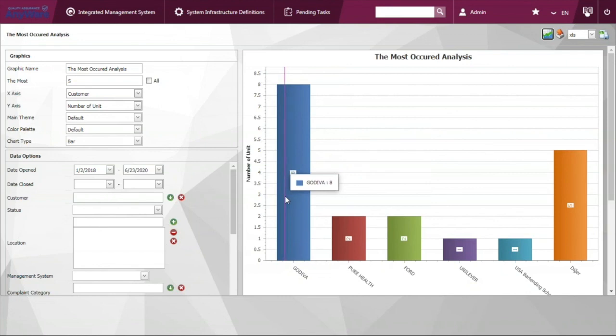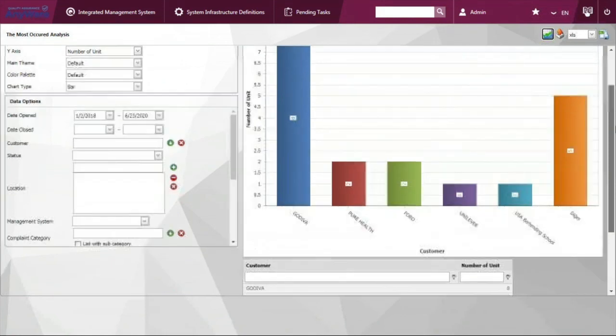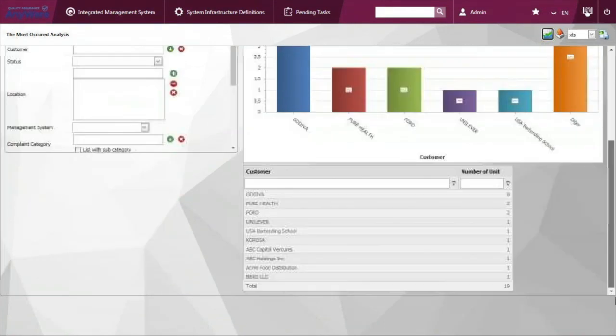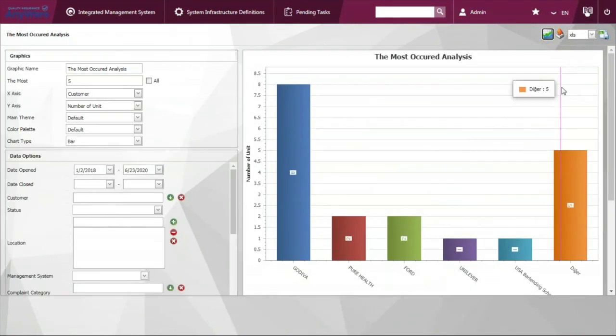Like Go Diver, we filed 8 records for this customer in this module. And the real-time data will be shown in a bar chart and also in a table, so that you can also export this report into Excel, PDF, or image for sharing with any responsible parties.